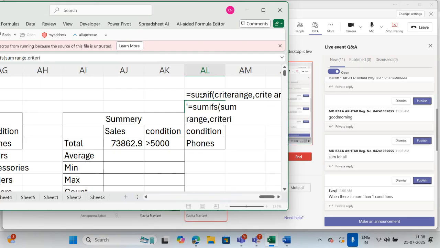Then criteria range 1. In the previous function, SUMIF, only the criteria range is mentioned. But here there is criteria range 1 and criteria 1. Then comma, again